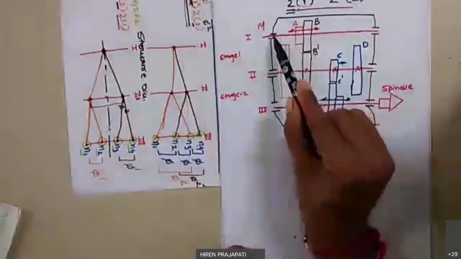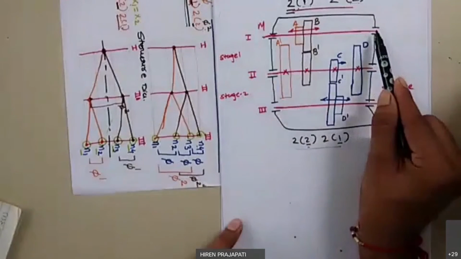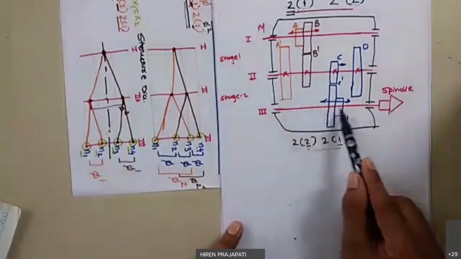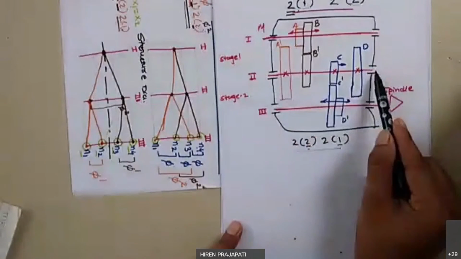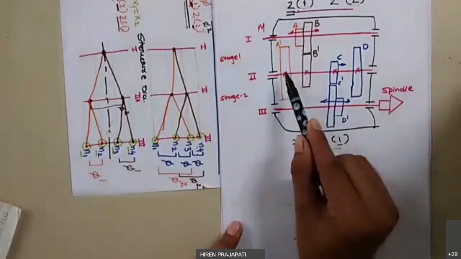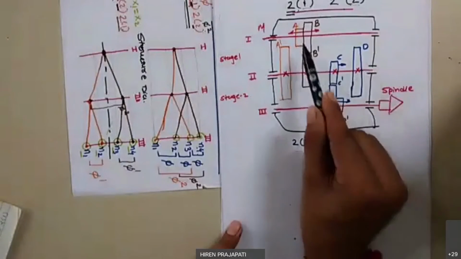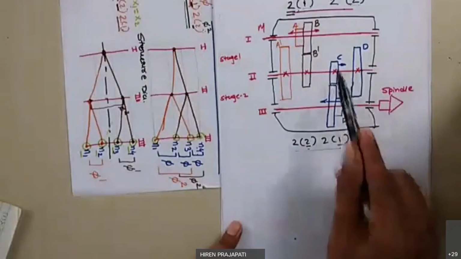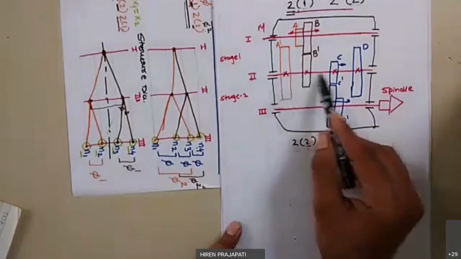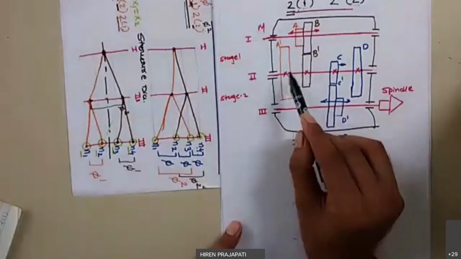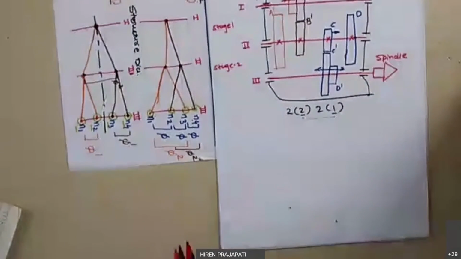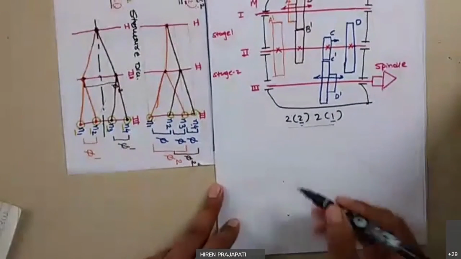If you look here, this is a spline shaft. Similarly, this output shaft is a spline shaft and this intermediate shaft is a solid shaft. But now if I keep the intermediate shaft as a spline shaft and arrange both the gear clusters on the intermediate shaft, if you recall the demonstration lecture of the lathe machine gearbox, in that gearbox the intermediate shaft was a spline shaft. So both the gear clusters were on the intermediate shaft. If you do that, then what change do we get?